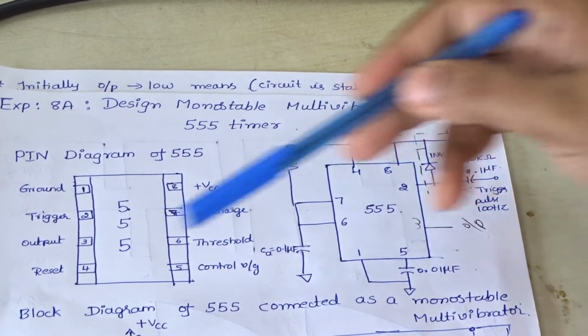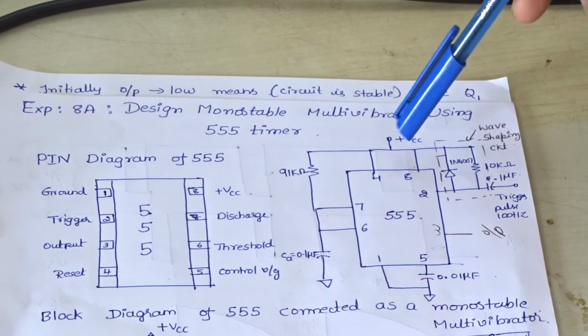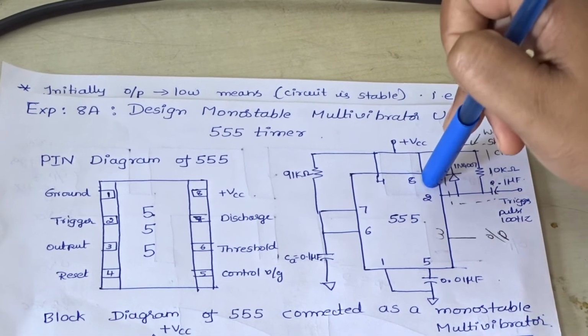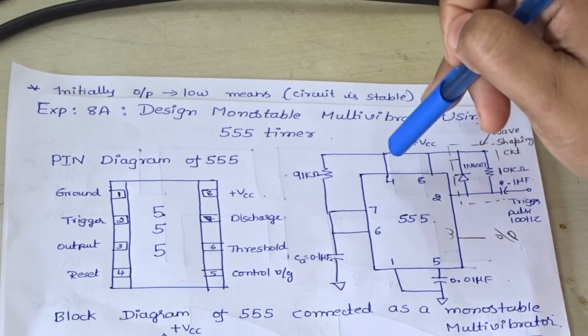See, the 4th pin, as I told you, is a reset pin. Whenever this pin is not in use, it should be given to VCC. So the 8th pin is VCC, and the 4th pin is shorted to 8 and given to VCC. And in between the 4th pin